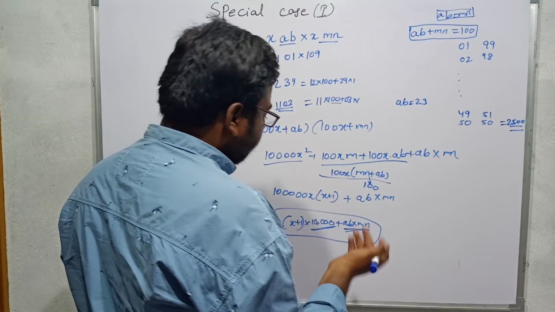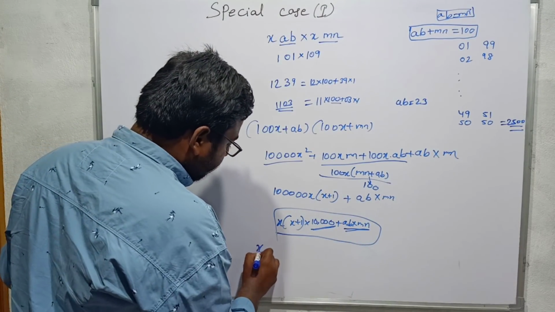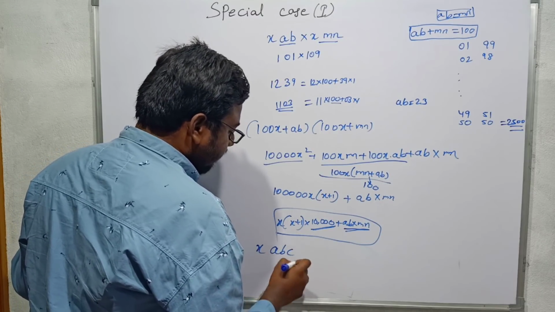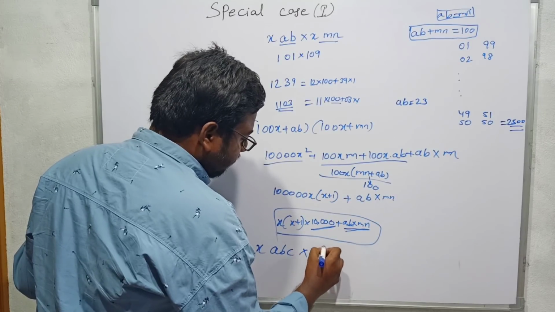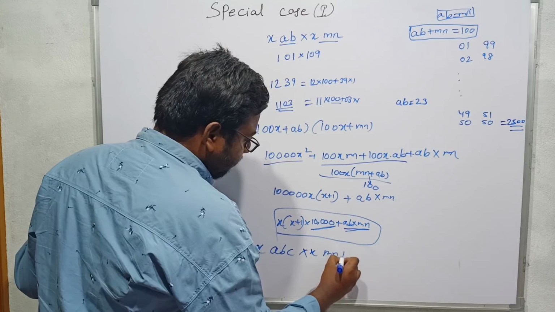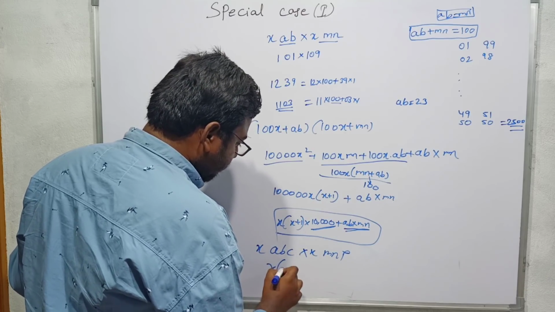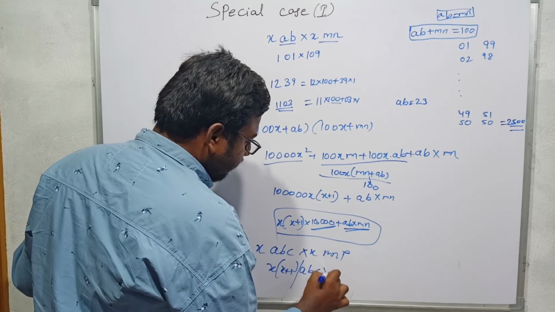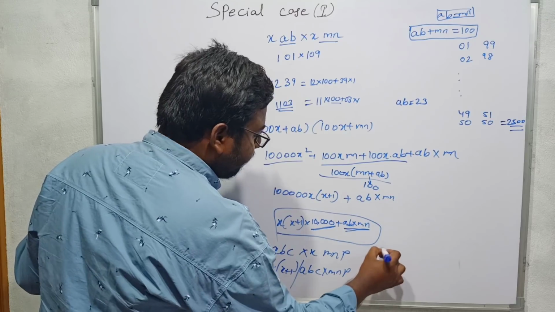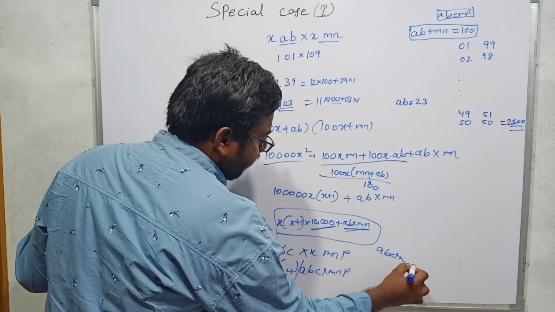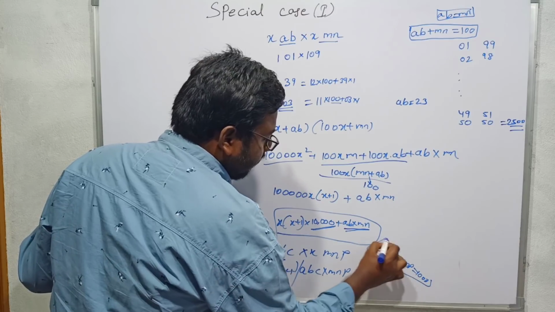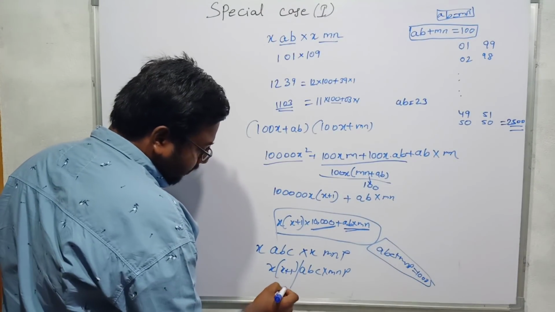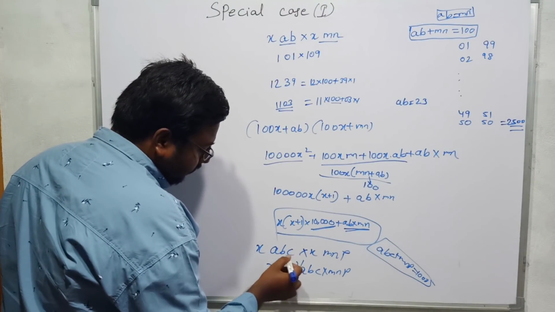application. For example, if you listen carefully, if you expand this further, for example, x into a plus x beside abc into x beside, for example, mnp, I can give the result as x into x plus 1 beside abc into mnp, if abc plus mnp equals 1000. I can generalize this result. This will continue to infinity, and this x into x plus 1 means x into x plus 1 into 3 digits, so